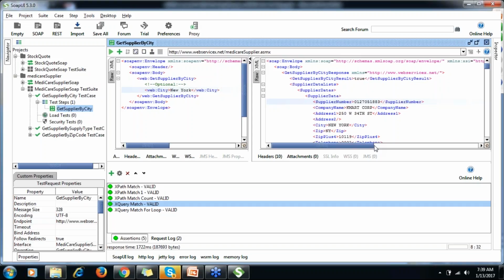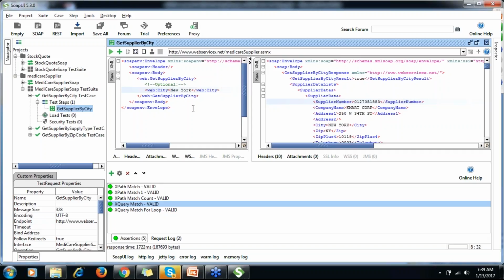Let's meet in the next session, and there we'll discuss a few other topics. From the next session onwards, we'll talk about property transfer, and then we'll talk about the Groovy scripting part.